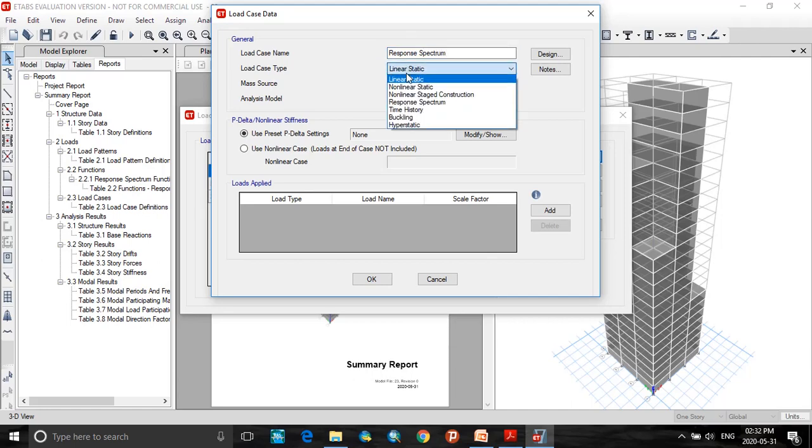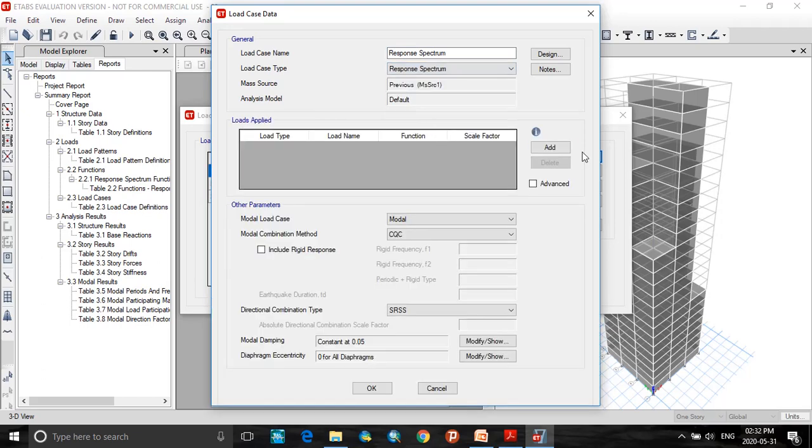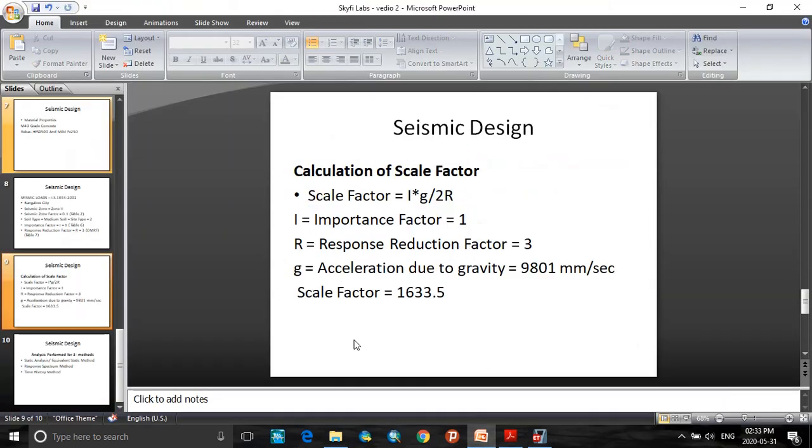For load case type, select response spectrum. Here add the load to be applied in both x and y directions, so click on add. So here the load type is acceleration, in the x direction, that is U1, and the function type will be response spectrum, and the scale factor that we have calculated is